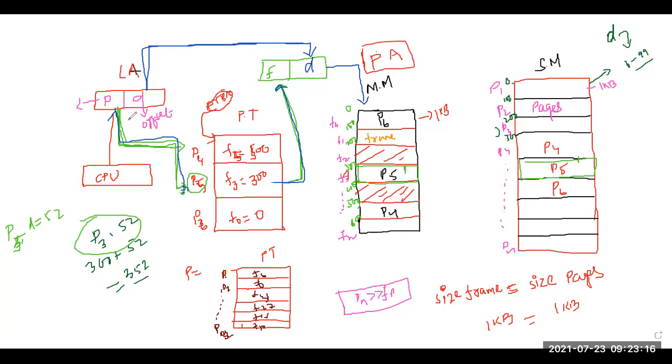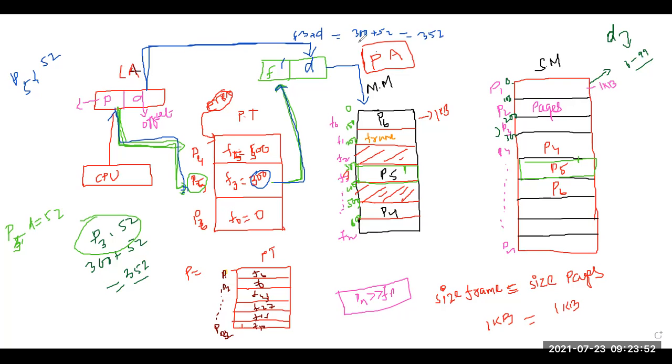Now you see how we are getting it. Suppose it is requesting page 5, instruction number 52. Page 5, instruction number 52. Now I will see page 5 is in frame 3. This will be my frame 3 plus your offset address. So what is the base address of frame 3? I know that the base address of frame 3 is 300. Now what is the address here? The address will be 300 plus 52, which is equal to 352.